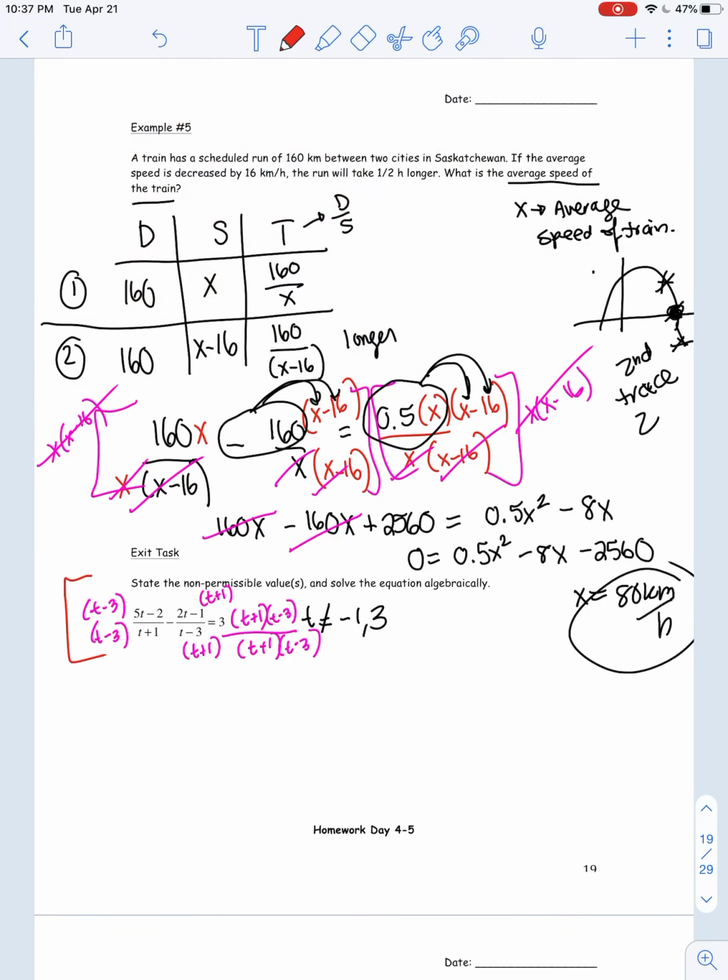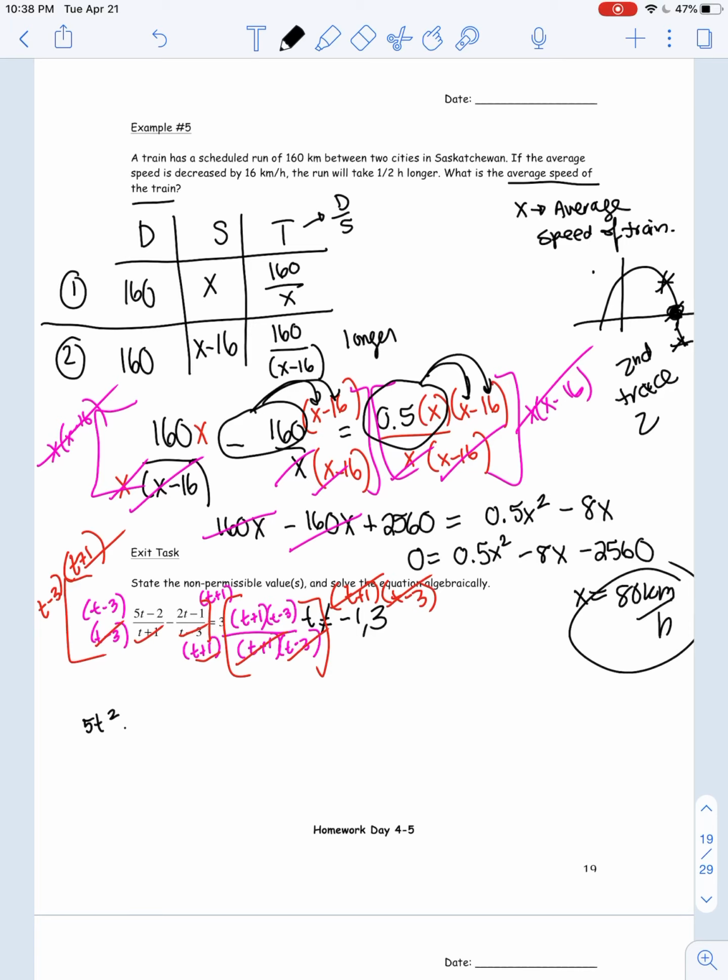And then what we're doing is multiplying the whole left side by that common denominator, t minus 3 and t plus 1. And we're doing the same thing on the right side, multiplying by t plus 1 and t minus 3, and that crosses all the denominators off everywhere. So to solve algebraically, we're going to have to do a bunch of FOILs. We're going to have to do t minus 3 times 5t minus 2, so that'll give us